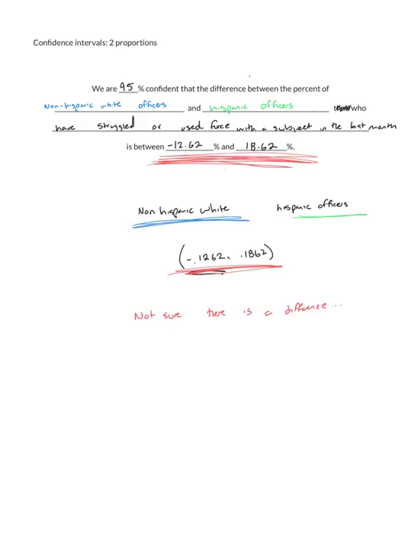Because this is an important concept, the idea that not only can we state our answer in exactly this form, but that we can interpret it and draw conclusions like, not sure if there is a difference or not, I want you to make sure that when you state your confidence intervals on your homework, you also include a statement like this. That is, if it spans 0, if it goes negative to positive, tell me you're not sure there even is a difference.